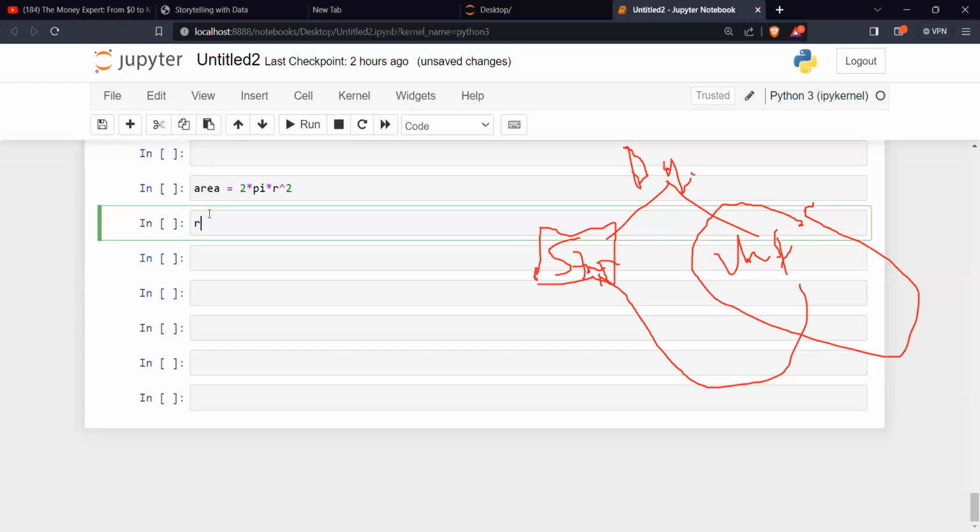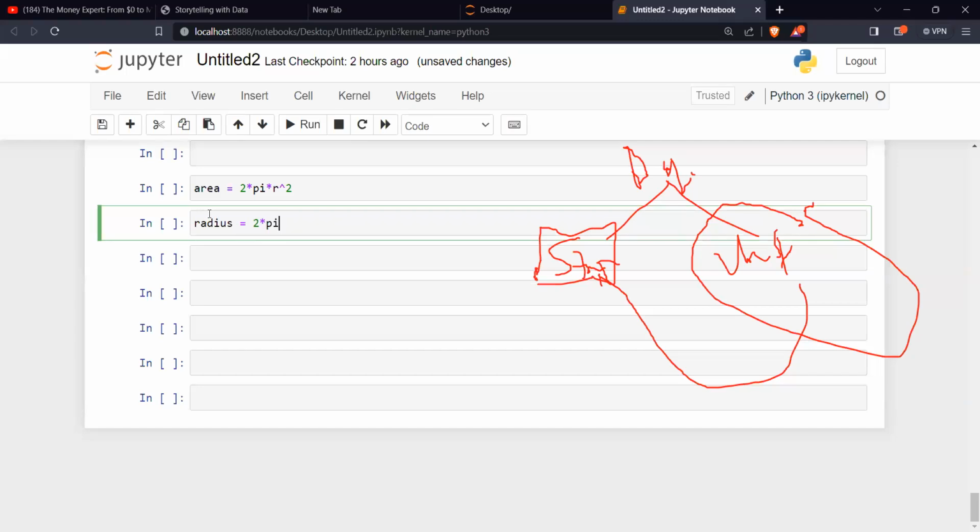But if it was the radius, what will it be? You have to work your way back to the radius.